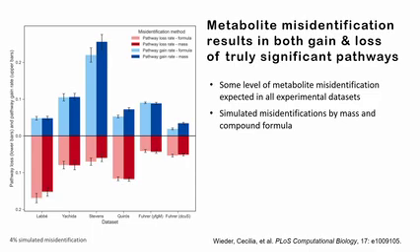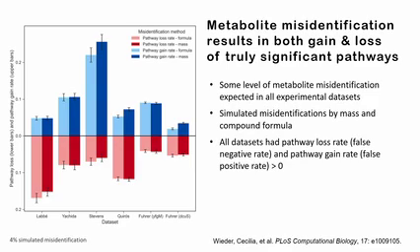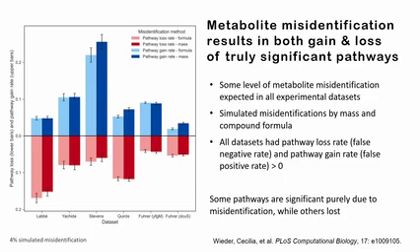So what they did here is they simulated misidentifications for a whole range of data sets. That's what you see up here, different data sets that they examined. And they found that, looking at false positives or false negatives in terms of the annotations, all of them had effects that were significantly above 0. In other words, misidentification made some pathways suddenly significant, and some pathways that were significant lost significance based upon misidentifications. So how correct you are in your annotations can have a very profound effect upon the observed